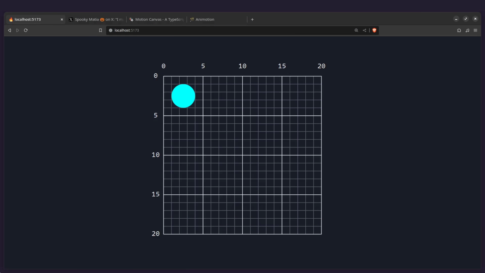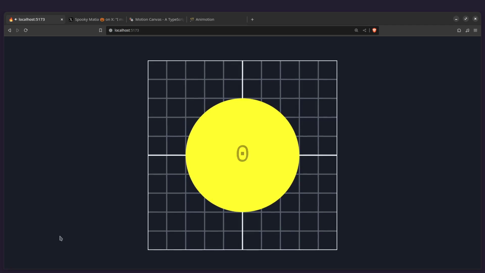Hey friends, what's up? I am super excited for today's video because after months of trying things out, I finally landed on an SVG animation library I want to use, and in this video we're going to make that library from scratch. Not only that, but by the end of this video we're going to make this awesome animation so you can make those Vox style videos. How beautiful is this, friends?